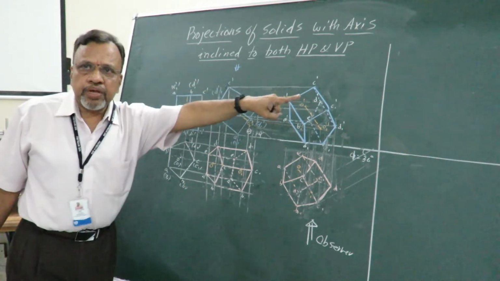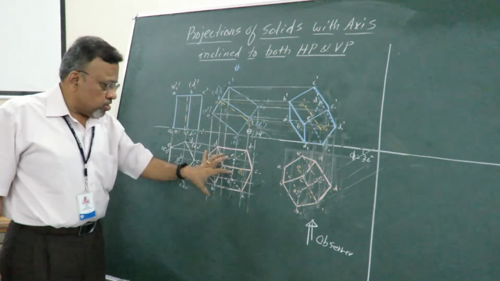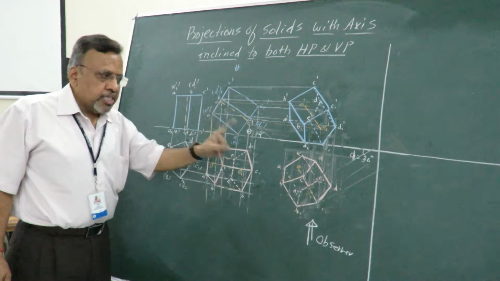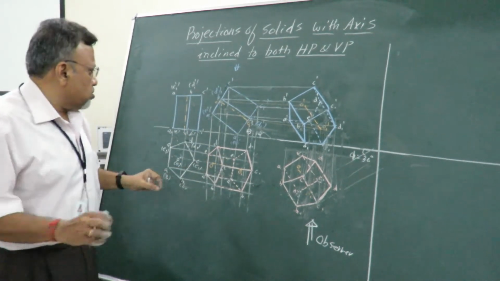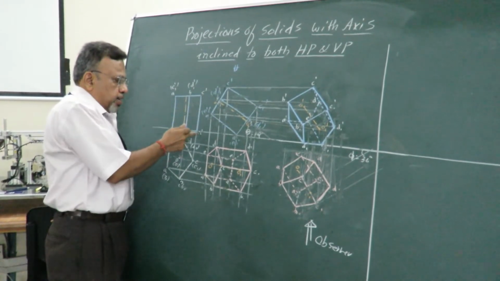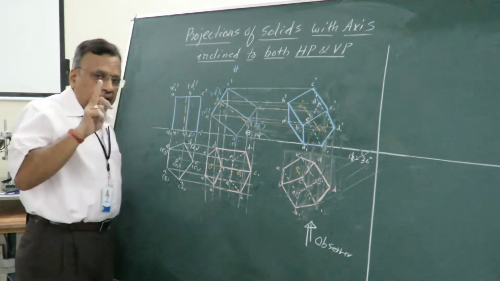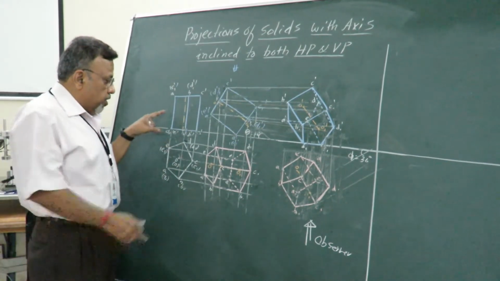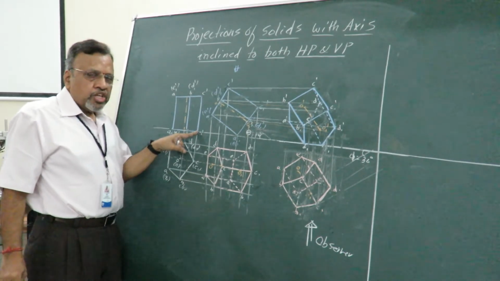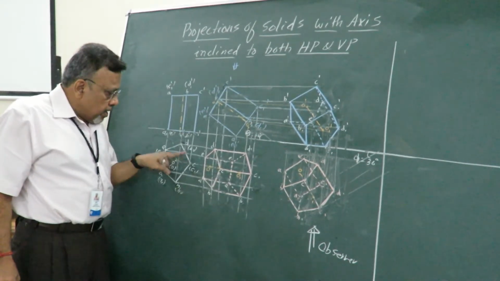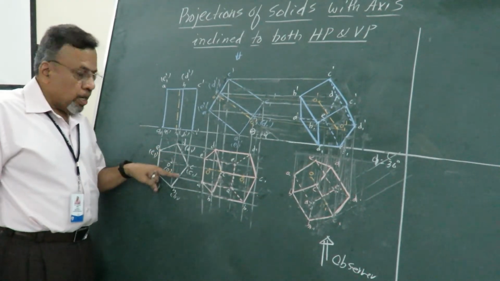I want to simply show it to you, so that you can see the difference between that solution and the solution for this particular new top view. Is it okay? I will just demonstrate that also. Now as you can see, I want this particular corner to be resting on the ground. Remember, even in the initial condition, if I want to say that a corner is resting on the HP, the corner containing the two sides, you can see they are equally inclined to VP.